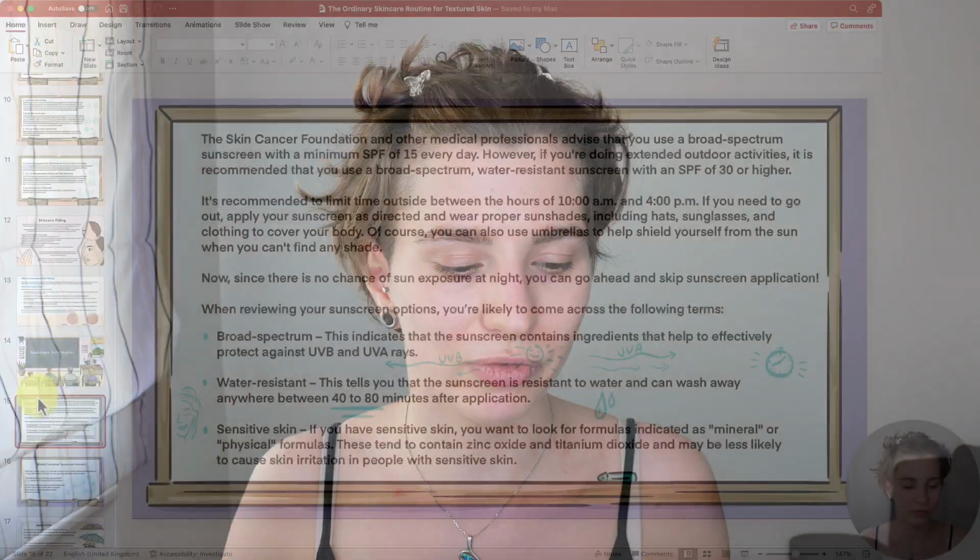Primarily because the UV rays can damage your skin in so many different ways. Not only sunburn, not only fine lines and wrinkles, not only hyperpigmentation, but it may be one of the reasons why you experience textured skin. So therefore sun protection during the day is important, especially if you're using other skincare products in the same routine or at night time that should help you to improve your skin condition. So you do not want to make it worse. You really want to give the skin the protection so it can heal itself.